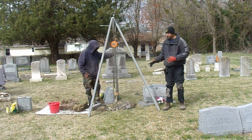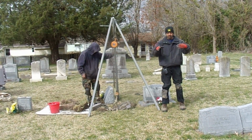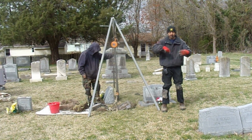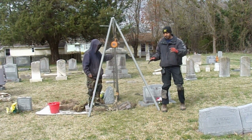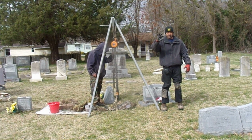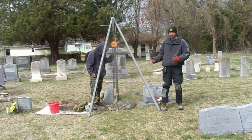And our goal, the way it looks like it was set, is that you have this flat stone, and then right around it, it's surrounded by like a concrete layer, so it may have been set above the ground. So there's an excellent chance we're going to actually set the stone above the ground, probably about like 1 inch or 2 inches. But as of right now, we're going to go ahead and lift the stone up,